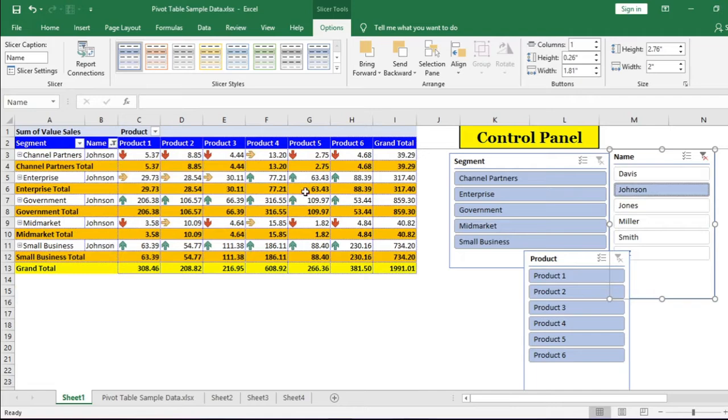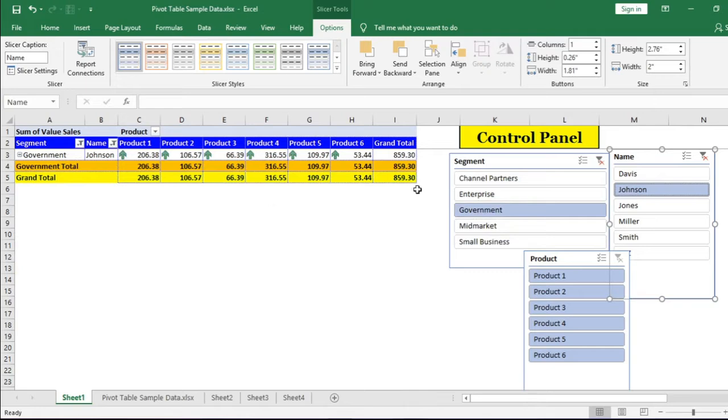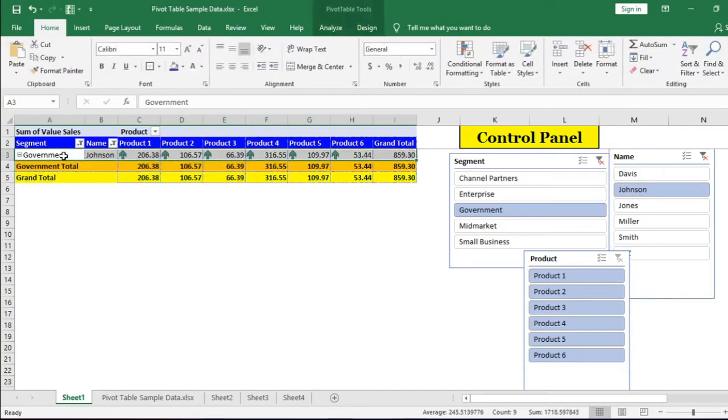All the relevant data related to Johnson will be displayed. From this, if you want to show only government segment data, you only need to click on the government button from the segment slicer. This pivot table is showing the data of Johnson only for government business.